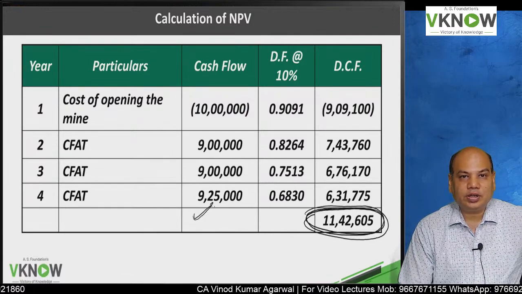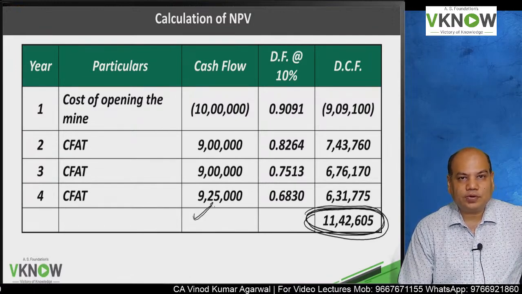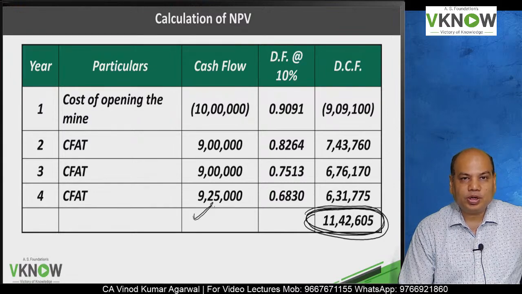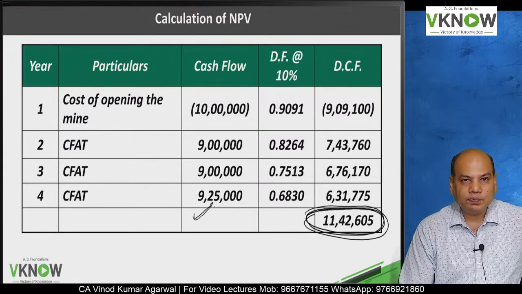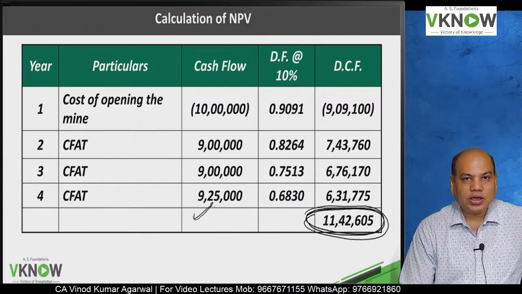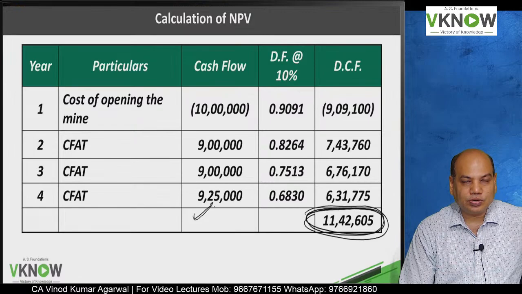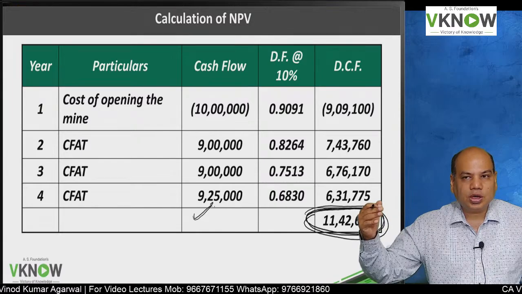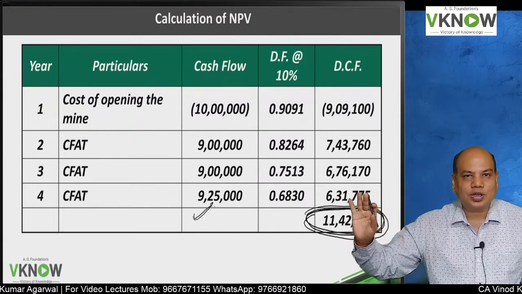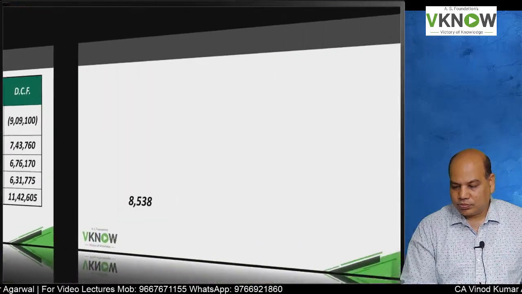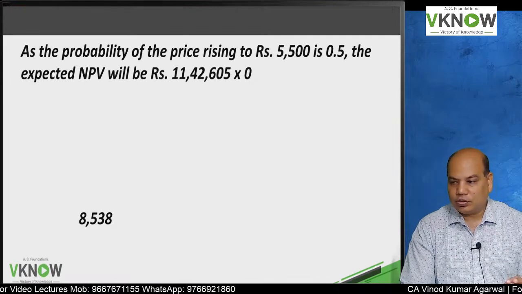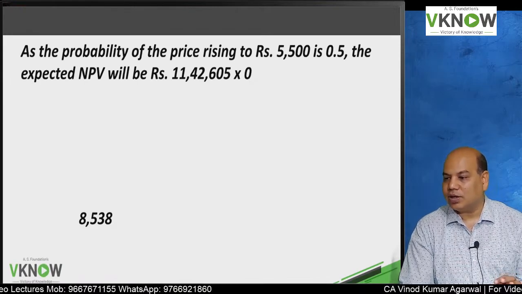We are evaluating whether to postpone the project for 1 year. If you postpone the project for 1 year, there are two possibilities: 5500 with 0.5 probability, 4500 with 0.5 probability. This calculation is done for 5500 with 0.5 probability. For 4500, I am going to abandon then only. I am not going to start only. So write down below as the probability. Very good question. I hope you have realized by now.